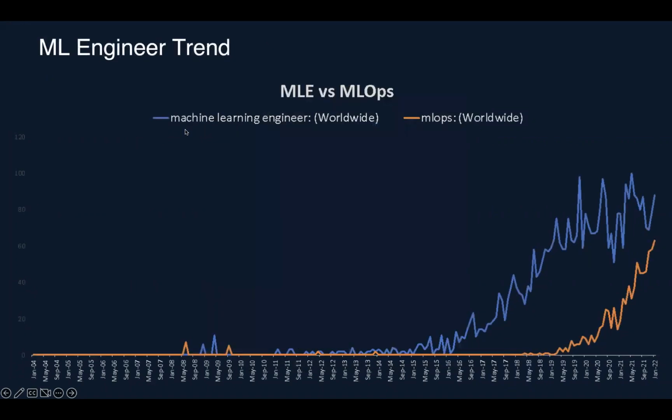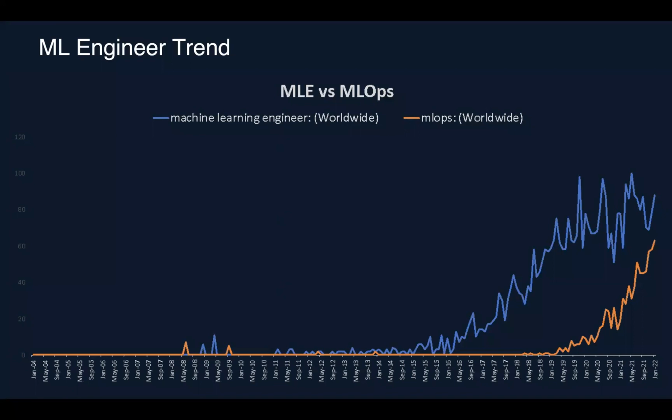All right, let's talk about the trend and job market. If you search MLE or MLOps on Google Trends, this is what you will see, right? MLOps is definitely picking up really quickly in the past few years, and machine learning engineering is growing. I think maybe eventually these will be two different roles, right? And data scientists somehow will merge with machine learning engineering. And then MLOps could be a very different role.